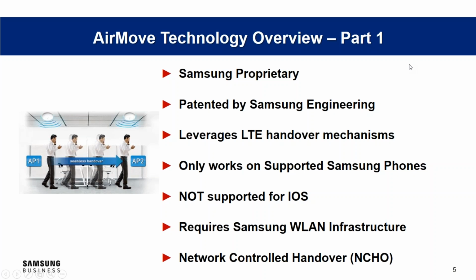So, Terrell, any luck with changing the slide? Not yet. Stand by 1 second. So, talking about,